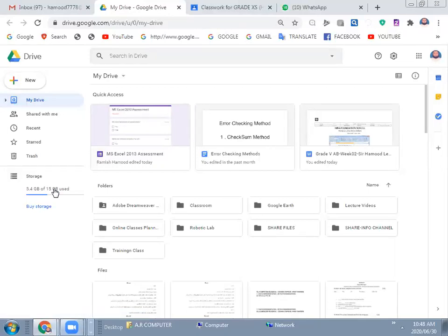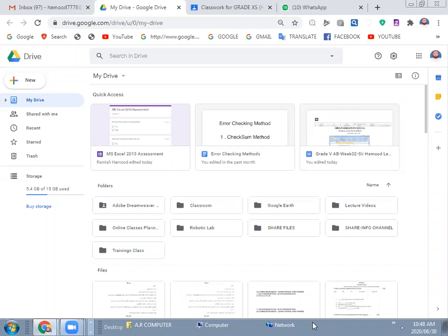Now, how can I use Word? Suppose, as I said a little earlier, I don't have Microsoft Office installed on my computer, and I want to draft a letter, an application.